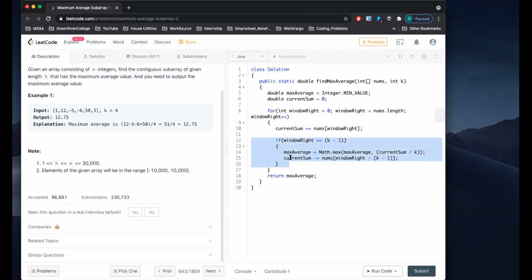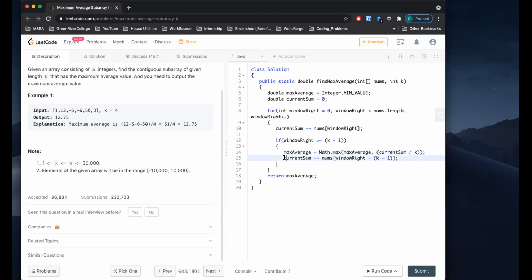this is actually one of those things we use every time on a sliding window. Window right is greater than or equal to k minus 1. So I'm saying, every time, let's say window right is 0, 1, 2, 3. That means we have 4 elements now, and it hits this condition. Window right is greater than or equal to 3, then give me the average, whatever it is until now, and store it in my max average variable.